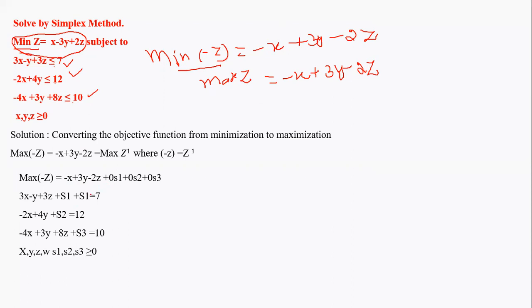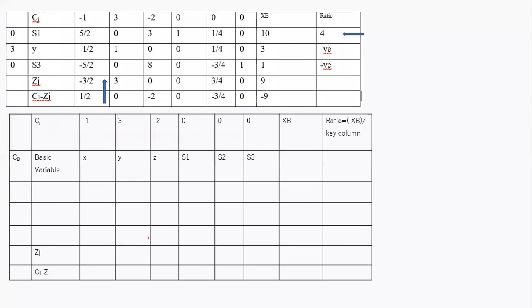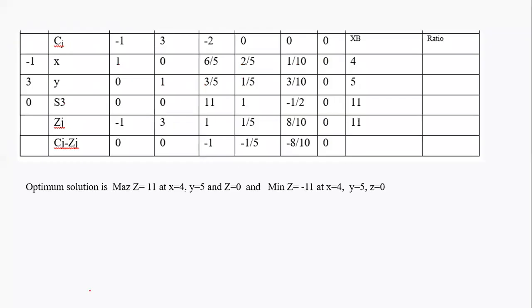Since it is lesser than, you add s1, and since the second equation is also lesser than or equal to, you add slack variable s2 and make it equal to. The third also is lesser than or equal to, therefore add the slack variable s3 and consider it as equal to 10. The rest of the process remains the same. So again, make the initial table and then calculate the answer. After calculating, this is the final answer.